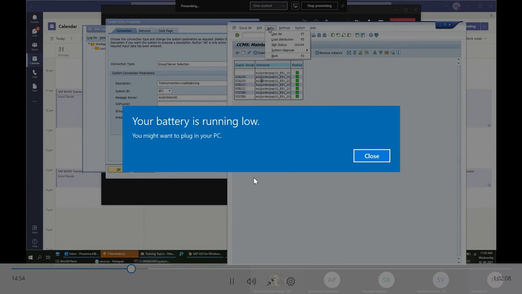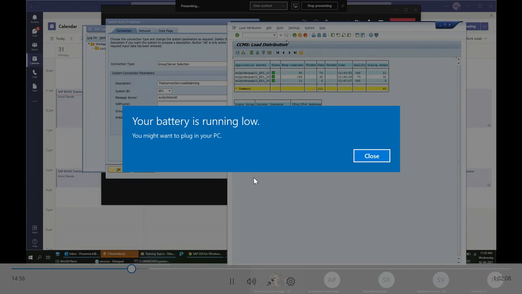Now, if you see on this server, the response time is 55 milliseconds, but on this server it is 196, and on the third server the response time is very good. That is because the number of users logged in is very low, only 6 users. Here there are multiple users logged in. So whichever server is overloaded, the system will not direct new users there. Users who are already logged in remain on the same server, but when a new user logs in, the system will route to the server with less load.